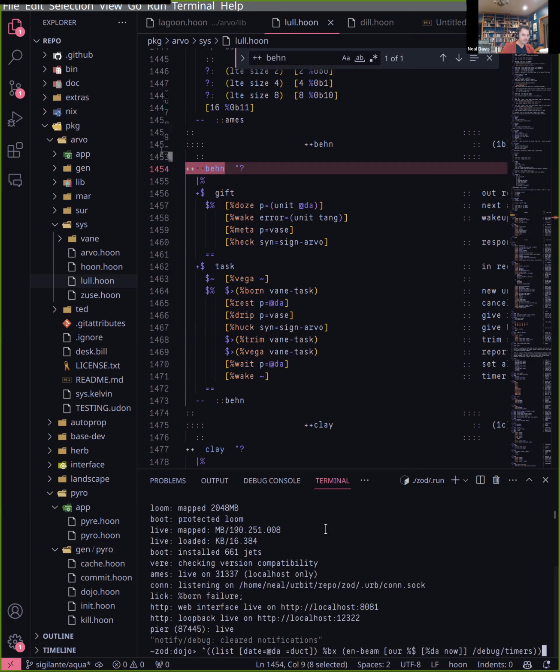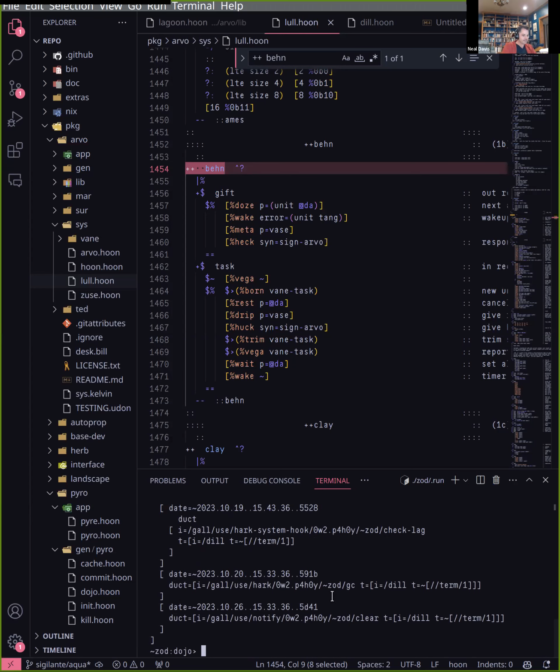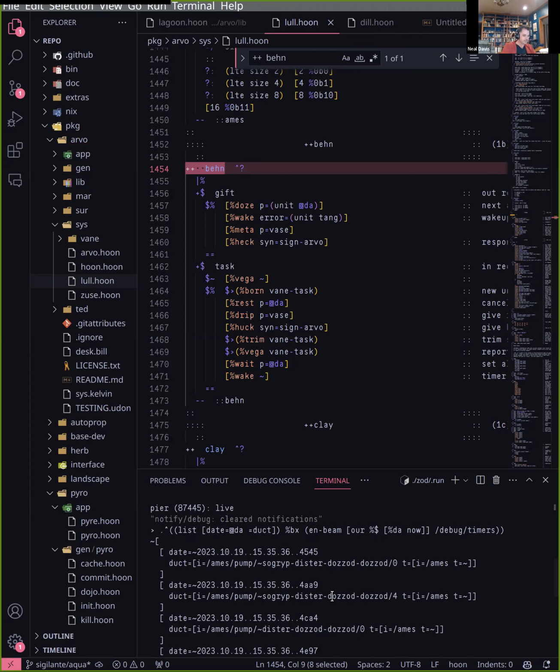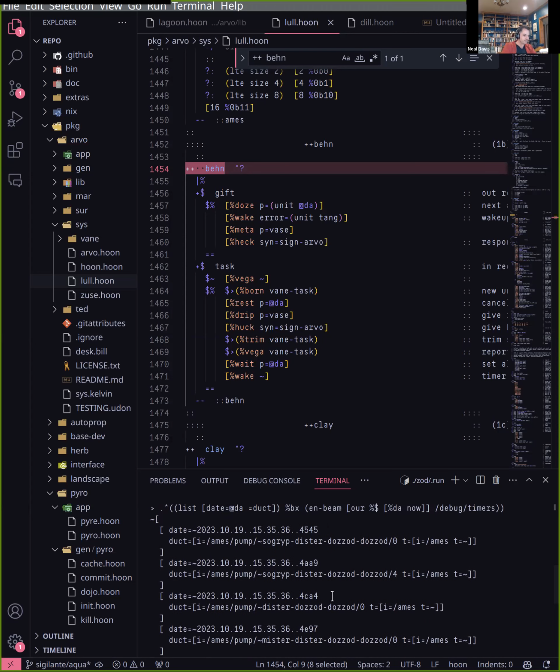we can give it some .ket. So here I have this .ket scry, and it's going to do an X scry into Behn of hour, nothing, time at debug timers. So it's looking at what debug timers are available for us there. It's going to return it as a list of times and ducks. So this is basically what are all the times that have been set to check and wake up on